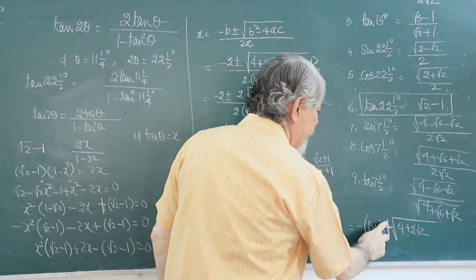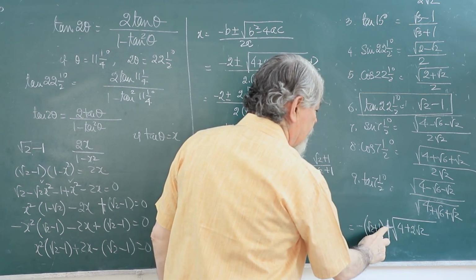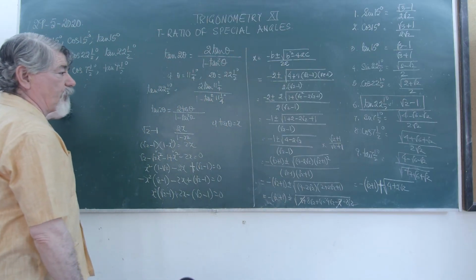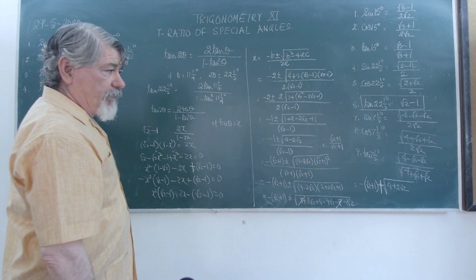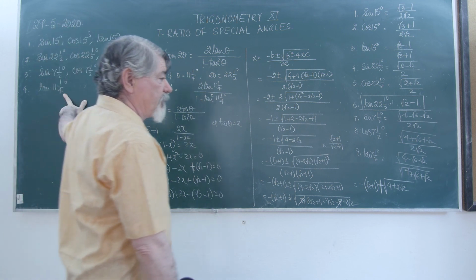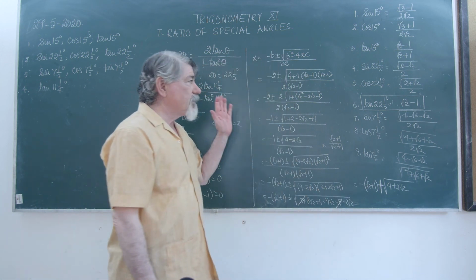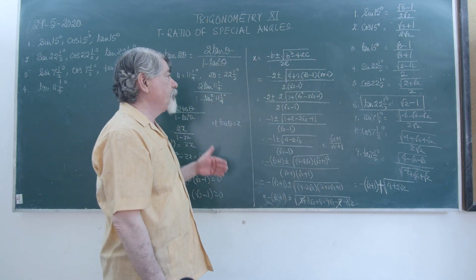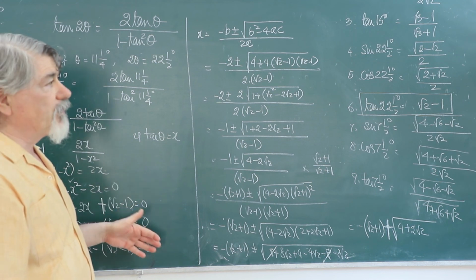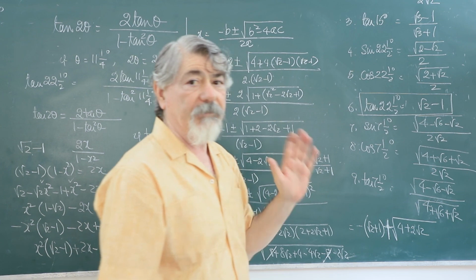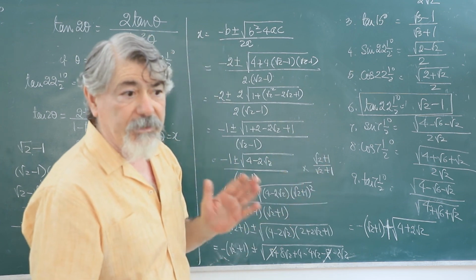I am taking plus sign because we told you that 11 and a half, 11 is to 1 upon 4 will be positive. It will be in the first quadrant. So this is the value of 10, 11 is to 1 upon 4. This is a whole exercise actually. You can do it, and if you can remember, that will be the best thing. You may remember all these formulas because they will be used later on in trigonometry.